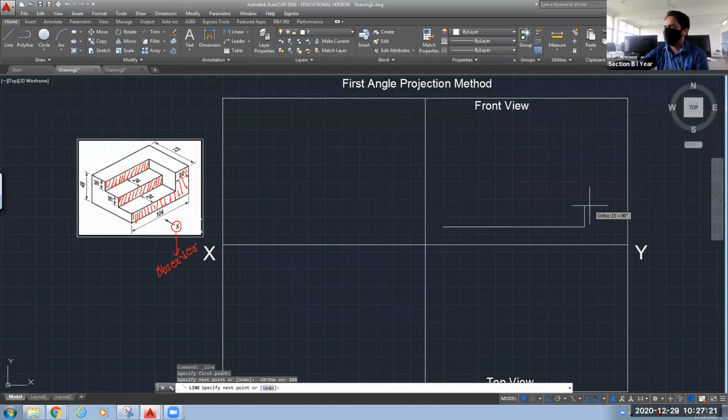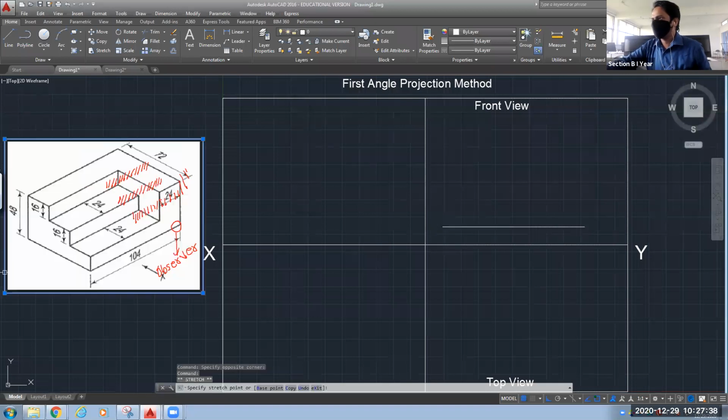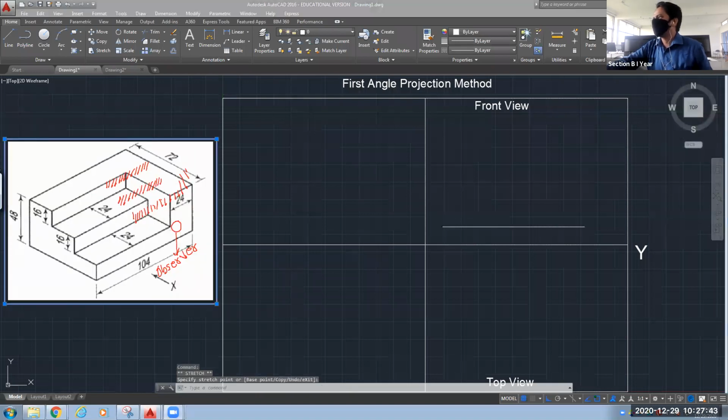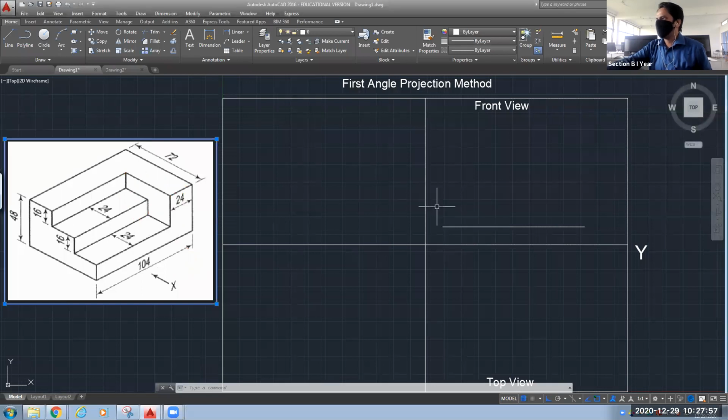Now, on the above side, what is the height? Height is 48. You can see this in your isometric view. Let me enlarge this so that it will be visible to everyone. Now I think it is clearly visible to everyone.